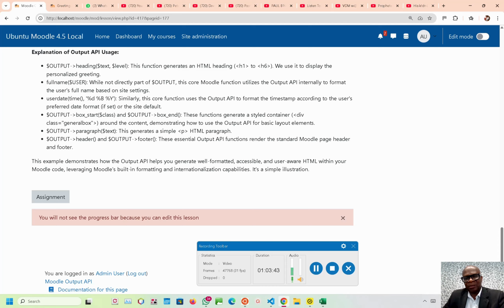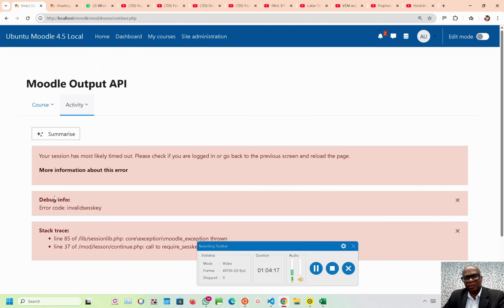So this example, the explanation is here, really everything we've done. So you can go over it again yourself. This example demonstrates how the output API helps you generate well-formatted, accessible, and user-aware HTML within your Moodle code, leveraging Moodle built-in formatting and internationalization capabilities. It's a simple illustration. So that's about the output API for your practice. So we have an assignment for the cement, what we've learned so far. If you click on that,